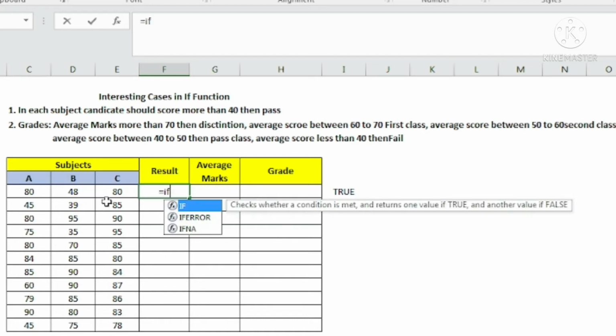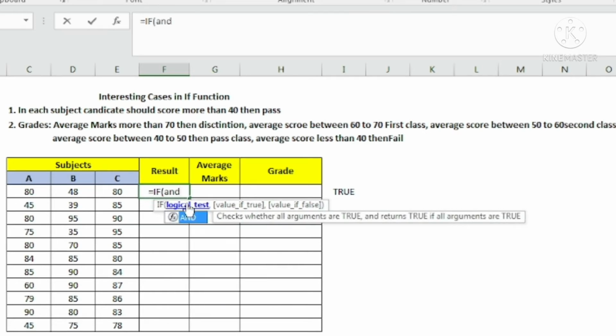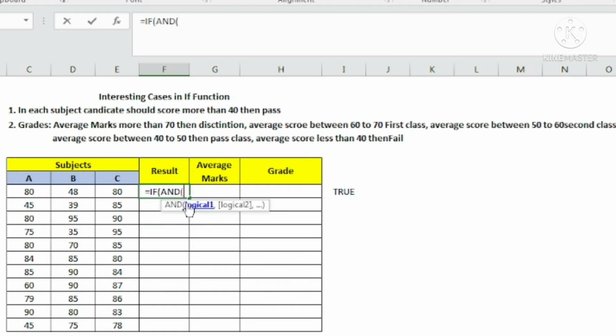Is equal to IF, tab, logical test. Now I will use the AND function. I can directly use this cell as true or false, but I want to combine IF and AND in one formula only. That is the reason I am using IF along with AND, then tab. Now the AND function will check whether each subject is more than 40 or not.